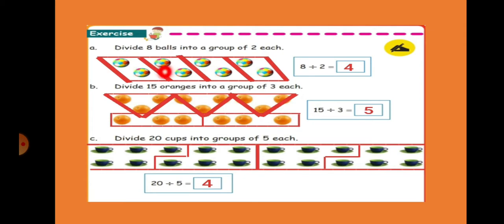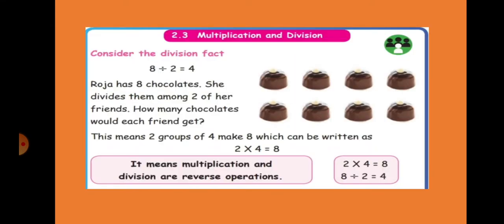See, divide 8 balls, 2 each. So 1, 2, 3, 4. The answer is 4. And here 15 oranges, 3 each. So 1, 2, 3, 4, 5. The answer is 5. Now here 20 cups into 5 each. So here see, 5 cups: 1, 2, 3, 4. The answer is 4. So now today's topic is